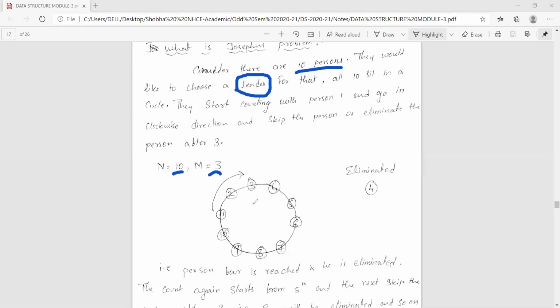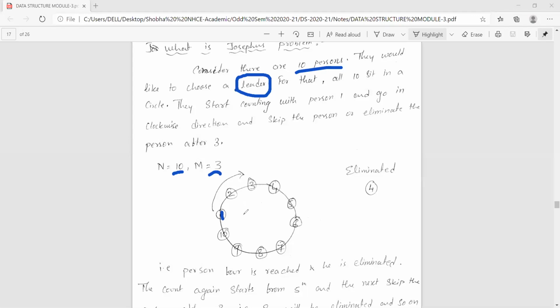Okay. See, there are 10 persons, 10 individuals, 10 people standing. They want to choose one leader. Take the general basic thing; don't think about any computer or any system. We will implement the general thing first. Then I will talk technically about how this algorithm is used in our operating system, and how linked list is related, in the implementation part. Among the 10 people, one should be chosen as leader. Only one person has to be chosen.